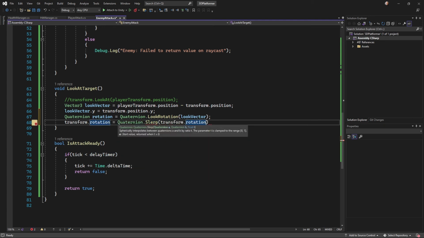We are now going to set the rotation. Now we don't want to just snap to that rotation, which we could do. We could just pass in the quaternion rotation that we've just found and return it, and it'll do what we originally had with the LookAt. Instead, I want to